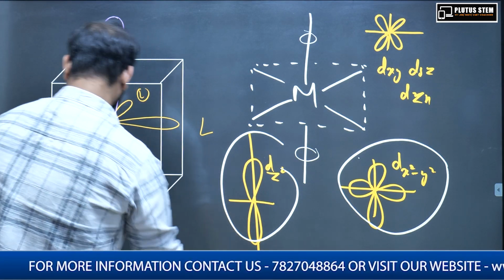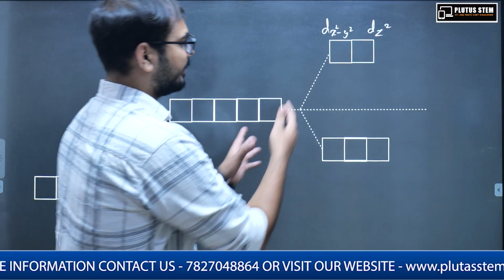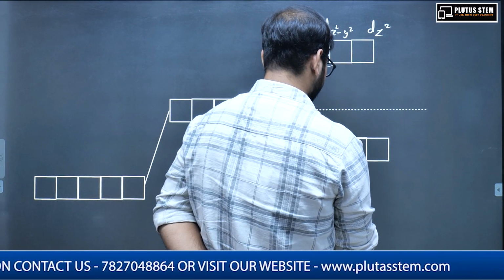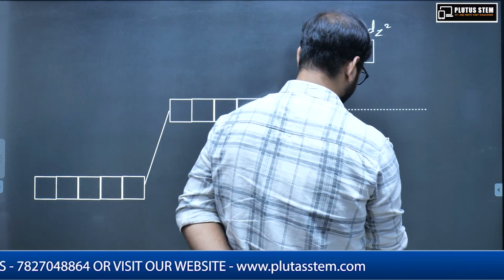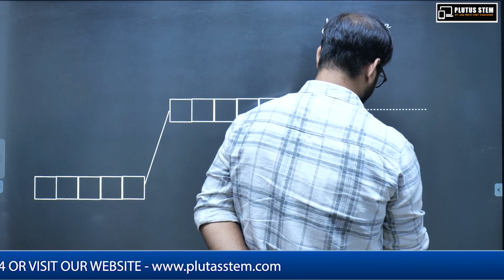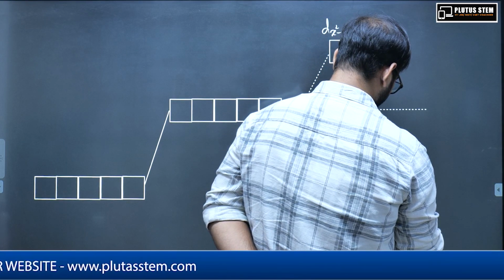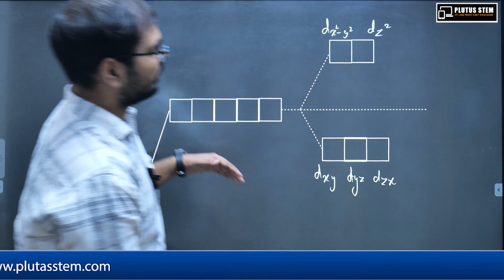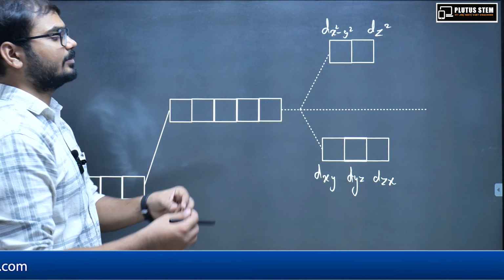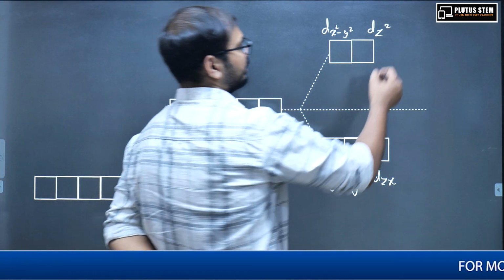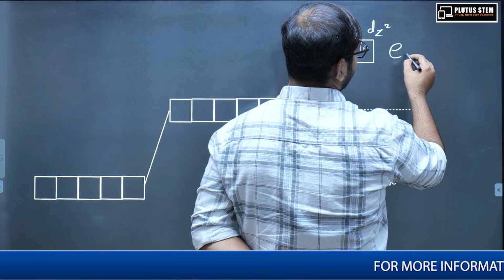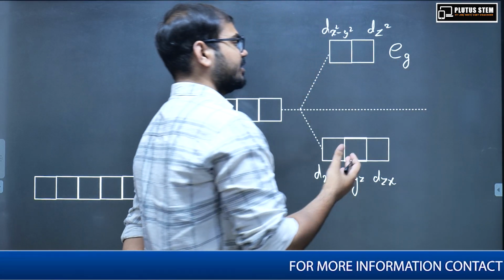Hence, they suffer lesser repulsion, and compared to those orbitals, they are much more stabilized. Now we have seen that the d orbitals have split into two sets of orbitals. The upper set of orbitals is called the eg set of orbitals, where g refers to